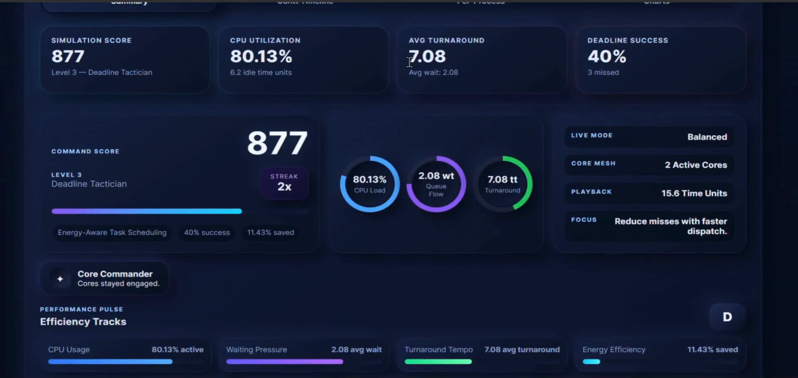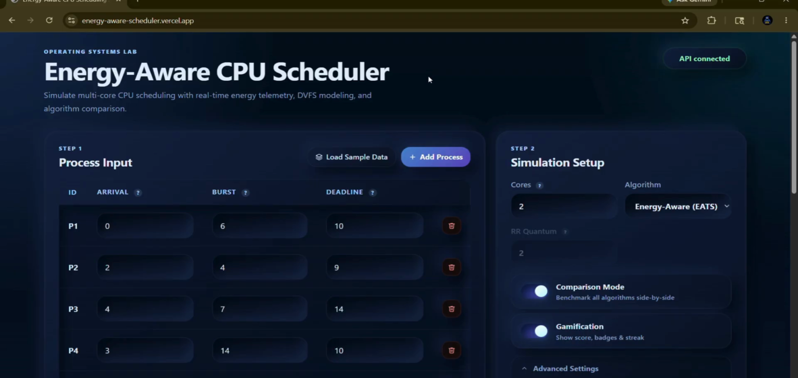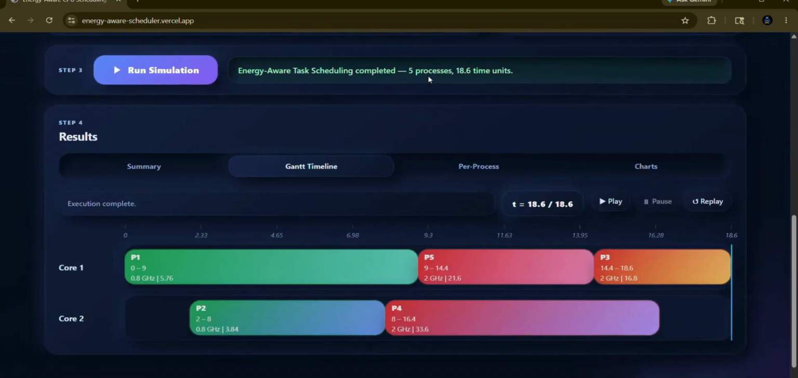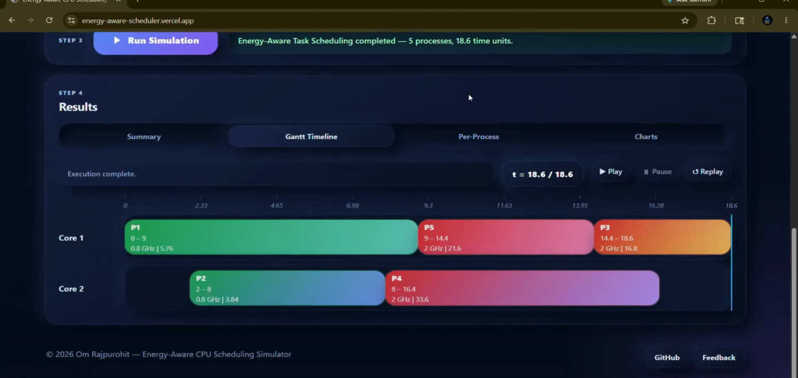Now my part is the Gantt chart, so I am looking at my Gantt chart part. In my Gantt chart, core 1 handled process 1, process 5, and process 3, one after another, while core 2 handled process 2 and process 4. The interesting thing here is the color and frequency difference. P1 and P2 run at 0.8 GHz because they had enough time,